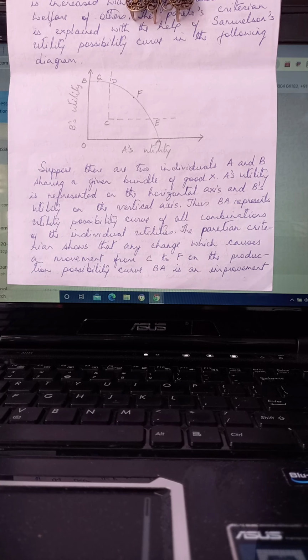So according to Pareto, what he tried to explain here in his theory is that social welfare can be achieved, that means by